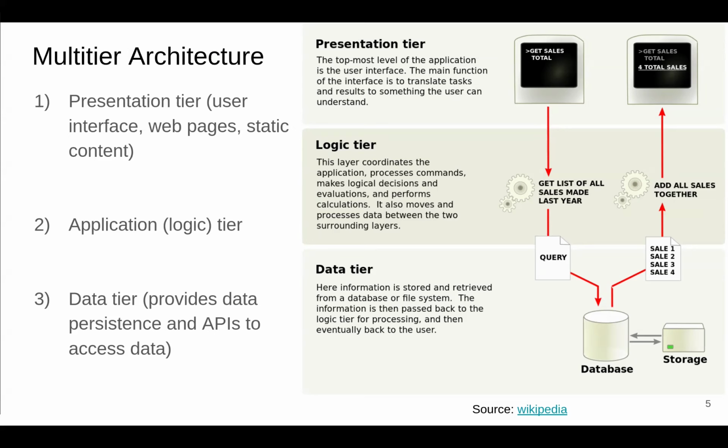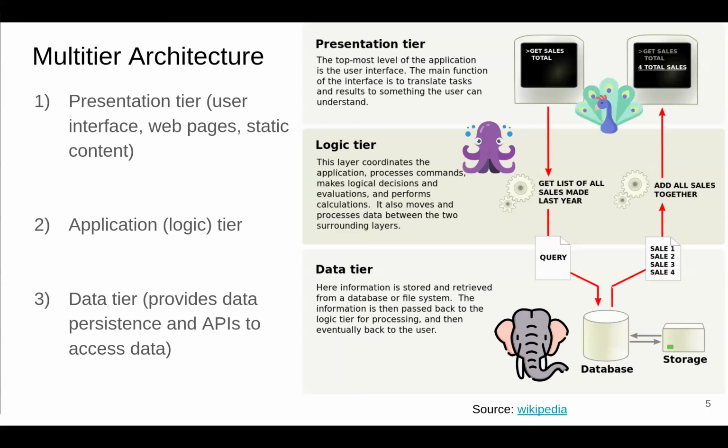As there are 3 different tiers, for the German-speaking ones in the room, these are different nice animals. So we have the clever animal that remembers everything, which is the elephant, the intelligent animal that does the logic and the compute, and we've got the beautiful animal out there, the peacock, that displays all your data. Tier in German is animal, for those who don't speak German, right? So the elephant remembers, the octopus is clever, and then the peacock does the beautiful representation of the different aspects. This will not be a quiz question.